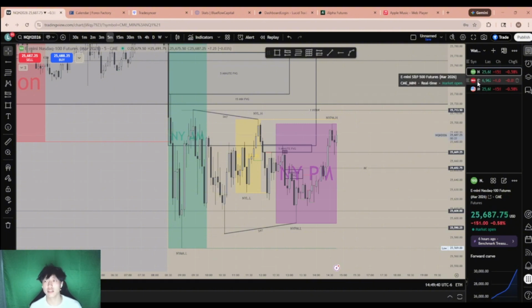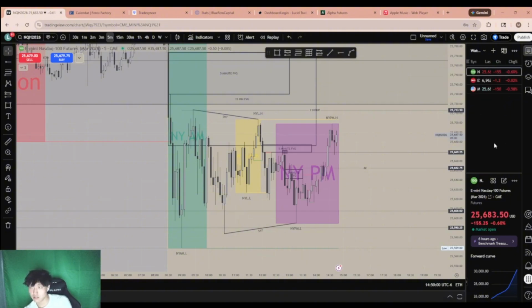So obviously SMTs are, so these indexes correlate to each other. They're not called pairs, but they correlate to each other. You know, one moves up, one of them follows. So ES and Nasdaq, it looks like Nasdaq is leading to the downside today, and you can tell because of the change in percentage. This one's at 0.6. This one's at 0.04.